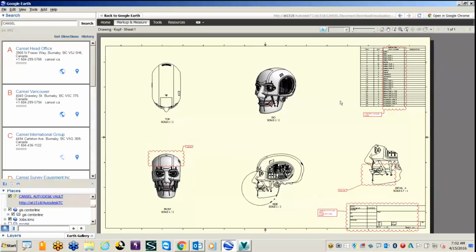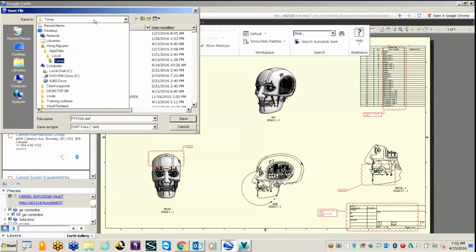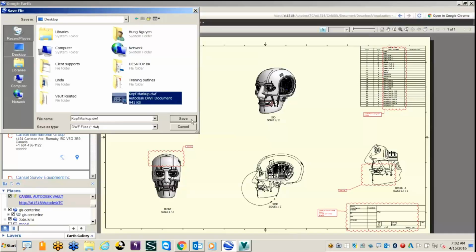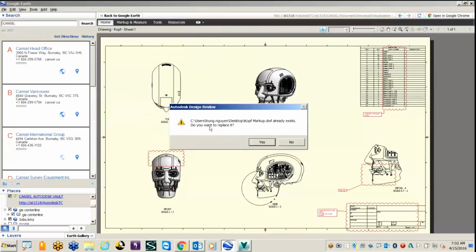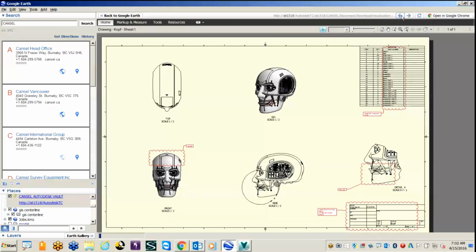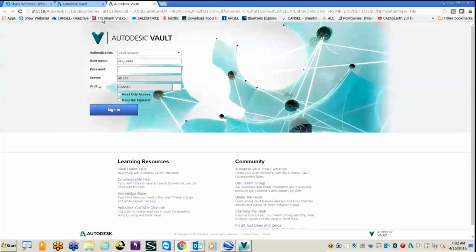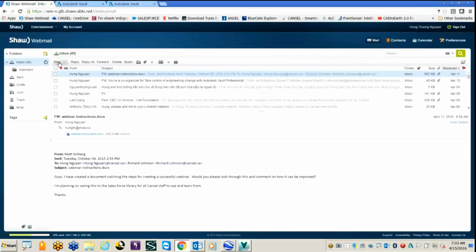So now, with all of the markup done, Sally needs to save this markup. She quickly saves it on her desktop with the name markup. She then either goes back to the Vault to do some other thing, or simply goes straight to Google Earth in order to quickly compose an email that is sent to the next person who is responsible for